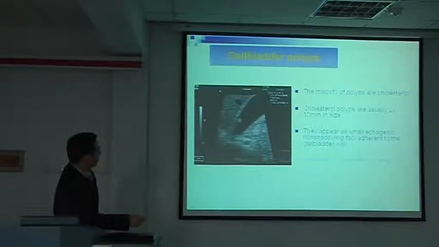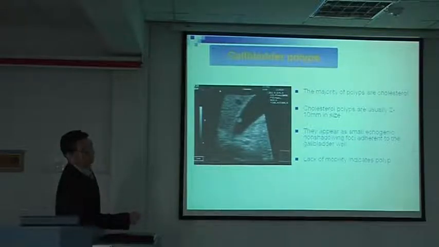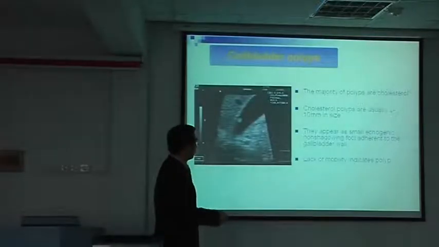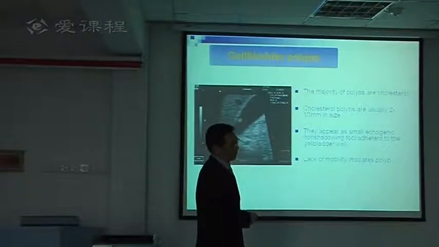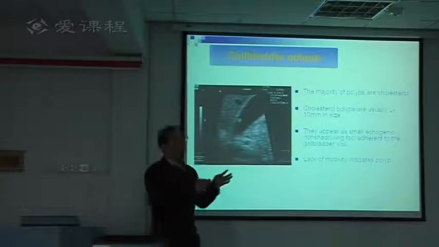Yes. And another point: lack of mobility indicates polyps. If it is a stone, it moves, one time here, one time there. What is the cause of that? Usually polyps do not move. What was this, polyps? Polyps, because polyps have